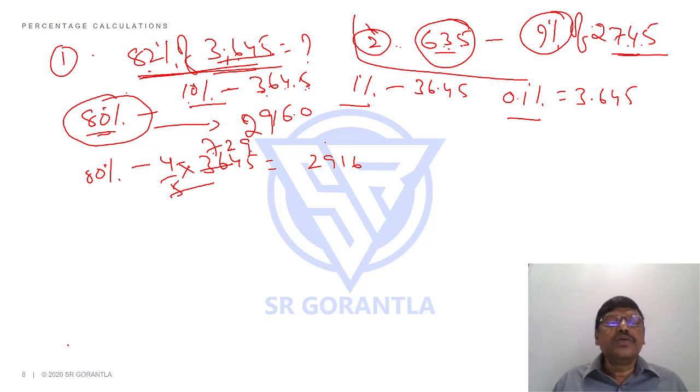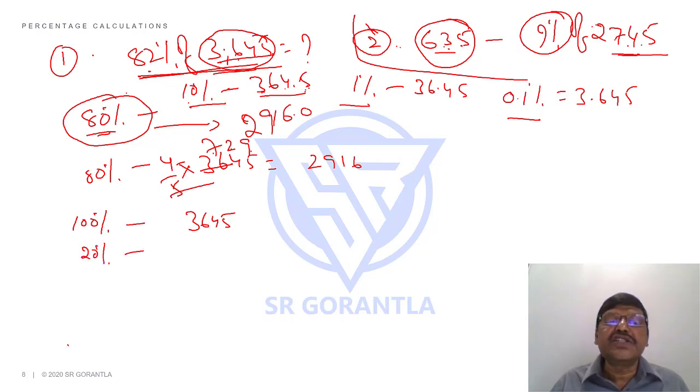That's one thing. Students, another approach could be like this. Now, what is 100% of the number? 100% of the number means the number itself, 3645. Now, what is 10%? You said just now, students, 364.5. What is 20% of the number? 10% is 364.5, so 20% will be double. What is twice of this number? See, you should be good at doubling the number, please. 729. Yes or no? You can see 2 5s are 10, 2 6 4s are 128, 129, 729.